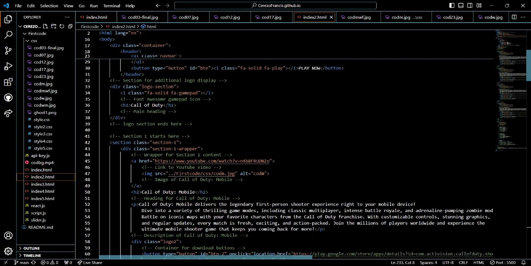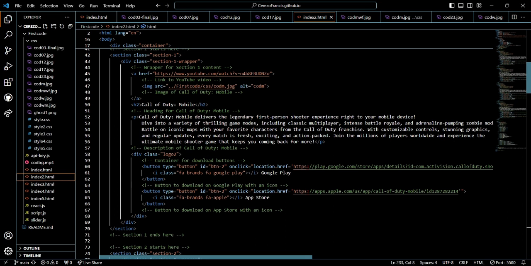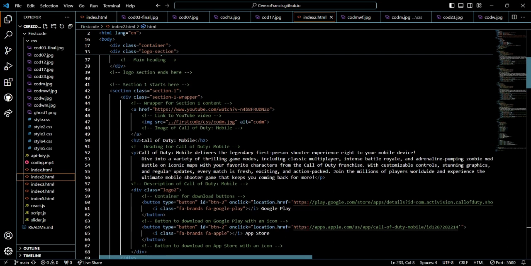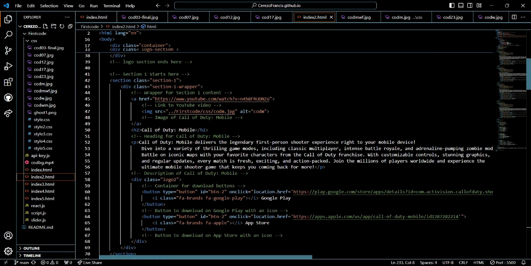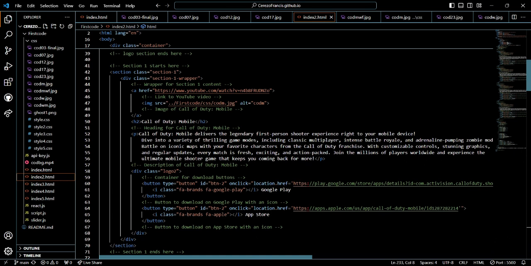The only difference is this section right here, as it displays multiple images that you can hover with the use of CSS, as well as a clickable image where you can press and be linked to a trailer of what the game is all about,